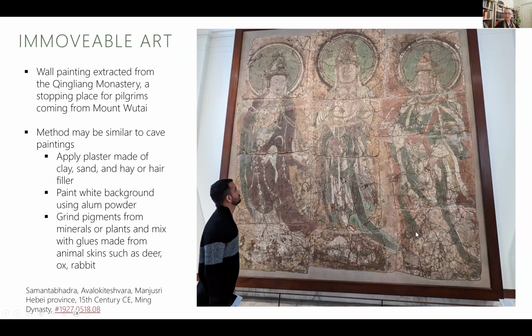And then we have this other piece of art. And this is a wall painting. And it brings up the question of what is immovable art and why is immovable art in some place other than where it was created? So this is really, again, one of the key questions that swirls around much, if not all, of the British Museum collection. This is a wall painting that was extracted from the Qingliang monastery,